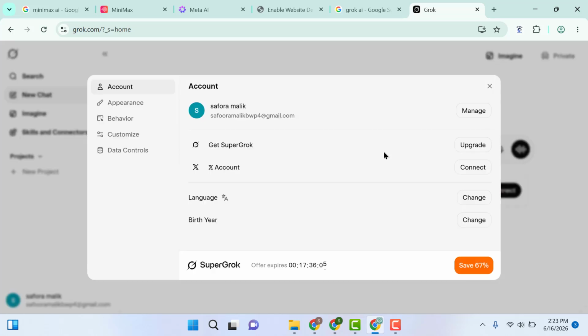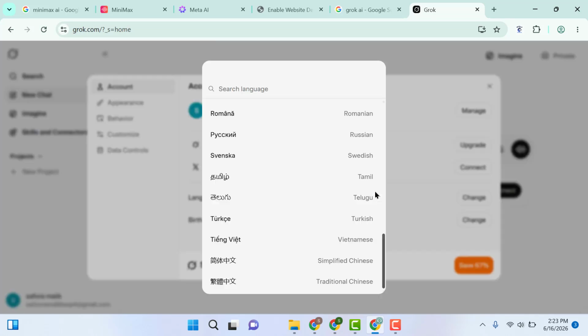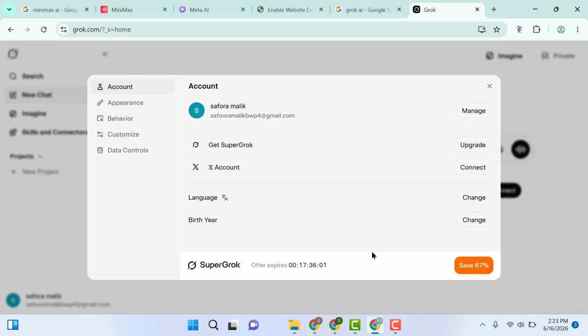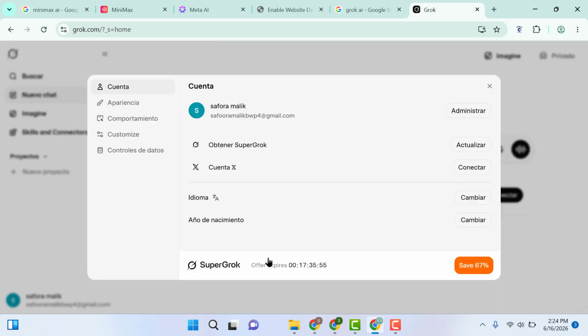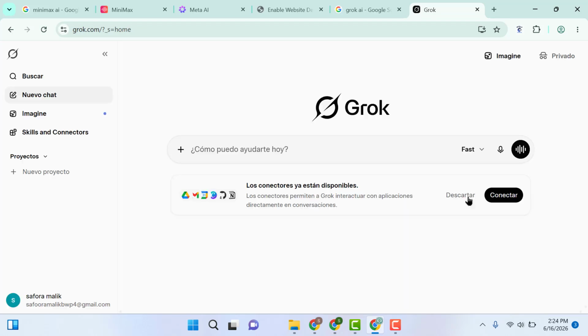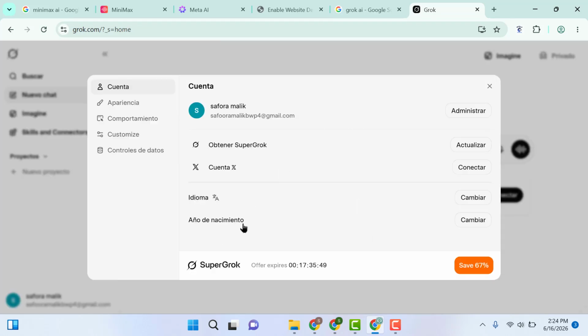I can scroll down and these are all of the languages that are supported. So now I can select this one. Here you can see the language is changed. Now again I can select the English language,